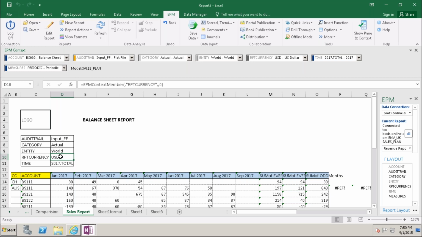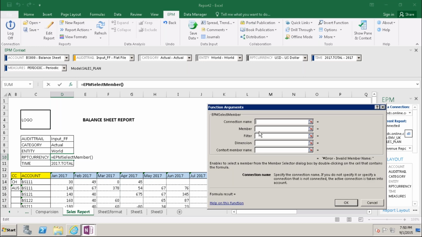But what I will do here, in this case, equal to EPM select member I am taking, what is this, I'll see, and the dimension is RPT currency.